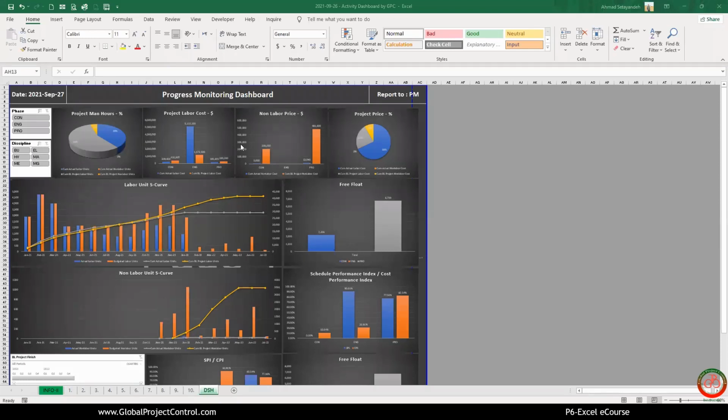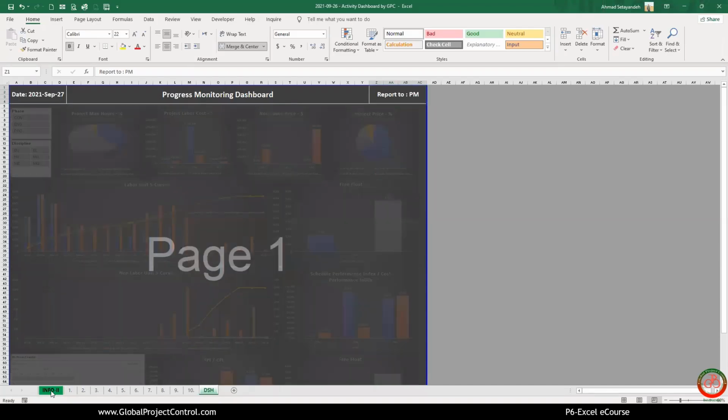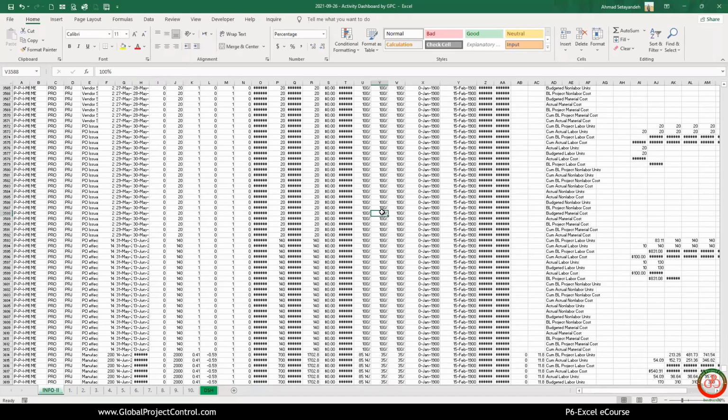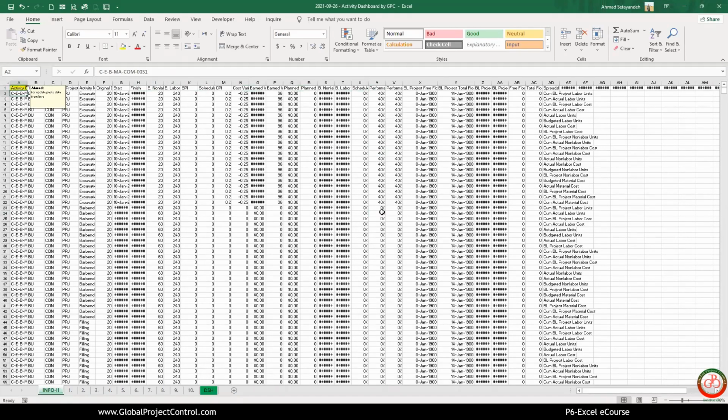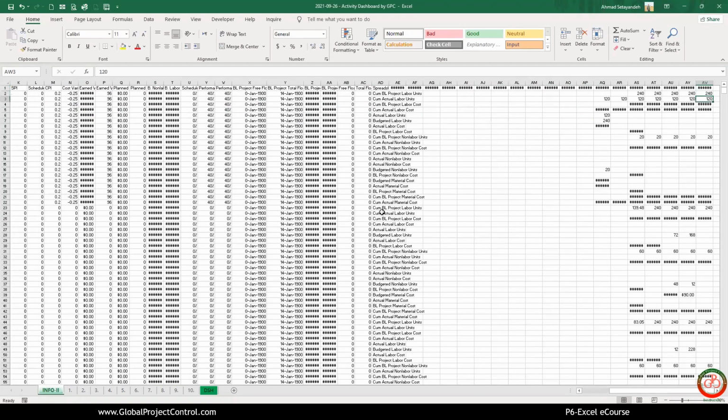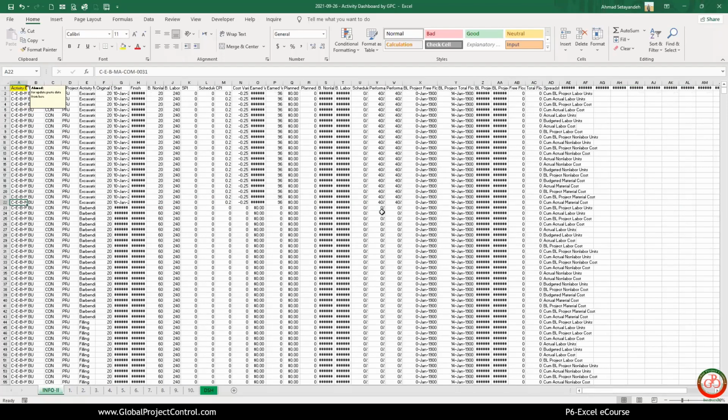By using activity code, you can create an interactive report and update it in less than 10 minutes. This report is created from P6 information directly, and we did not use any formula in this report. We only gather the information from P6, and after collecting it, by using pivot, you can create this